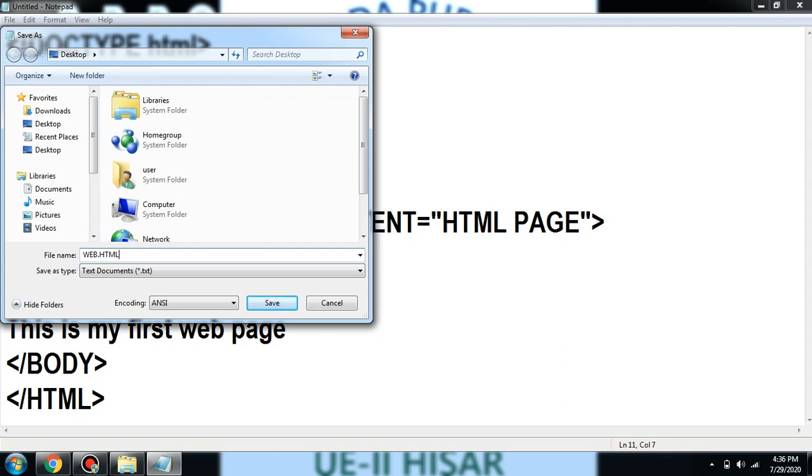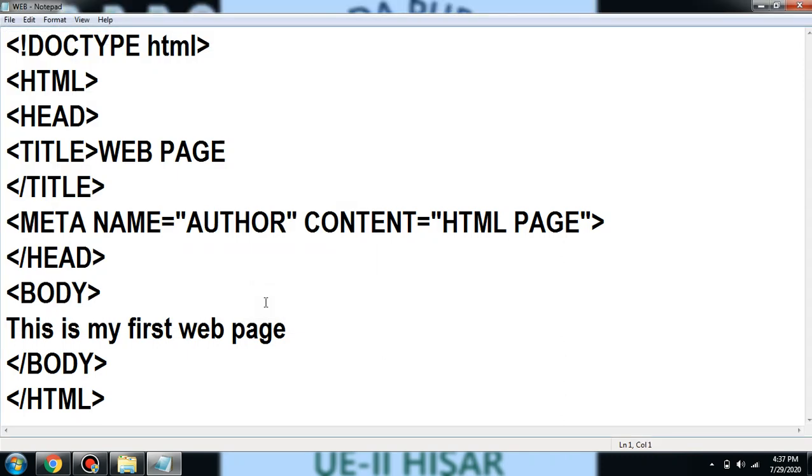This is the extension for an HTML file. If we do not give any extension, then the .txt extension will be there by default. Then it will not be a web page, it will simply be a Notepad file. So if we want to create a web page, we have to mention the extension .html. Now click on the Save button.